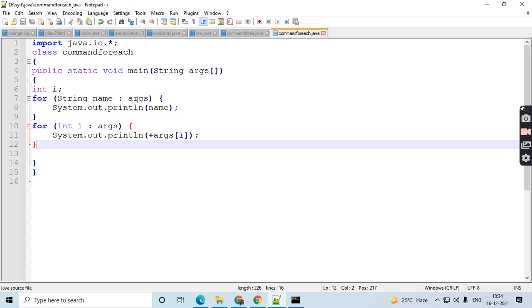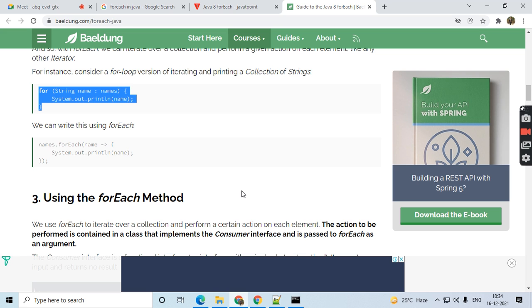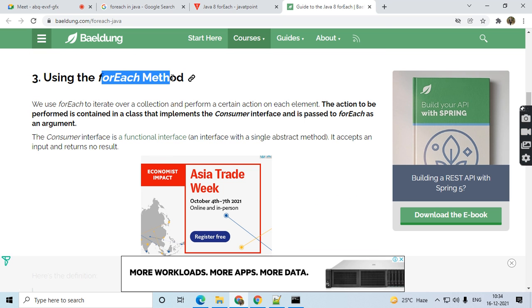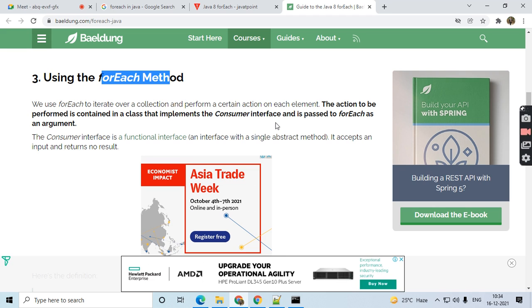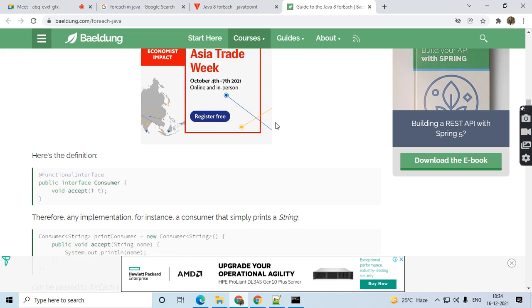So using for each, if you are referring to a string variable, you have to use the string variable itself. We cannot apply the for loop as in the case of normal for loop statements. For each is used in a statement to iterate over a collection, like we have the string collection. Similarly, in Java there are different collections, like array list, stacks, and queues. Collections are nothing but storing different elements. When we want to iterate over them, we can use the for each loop.